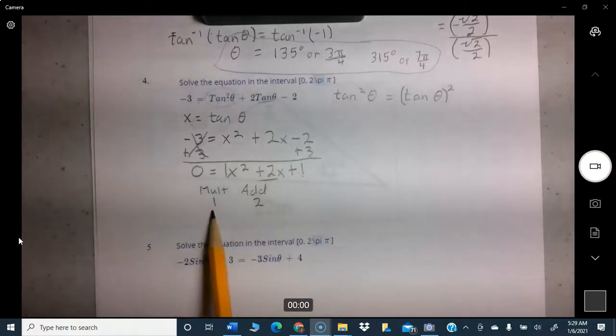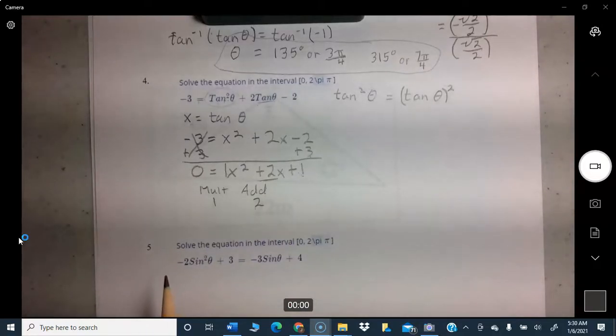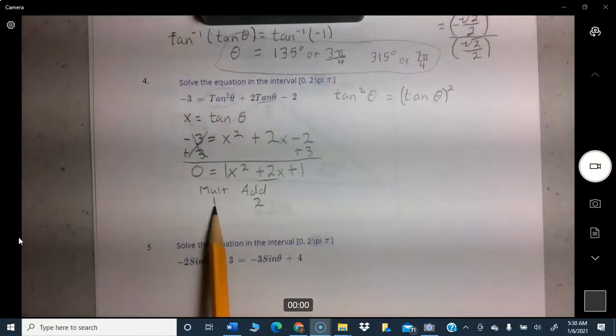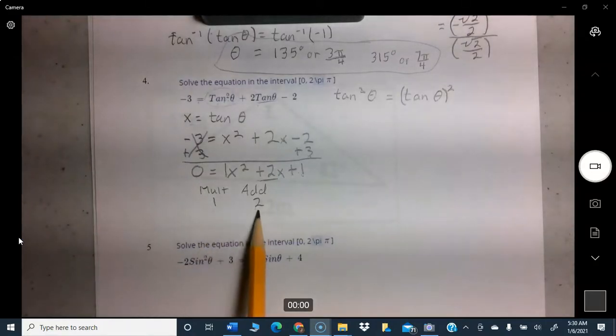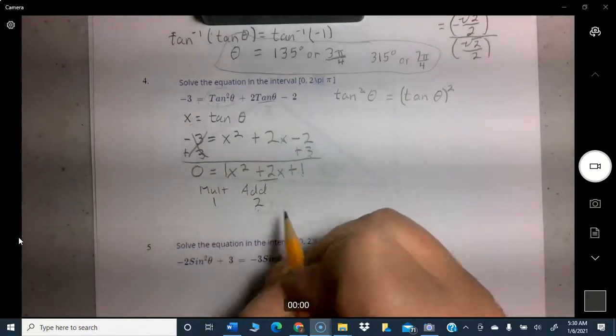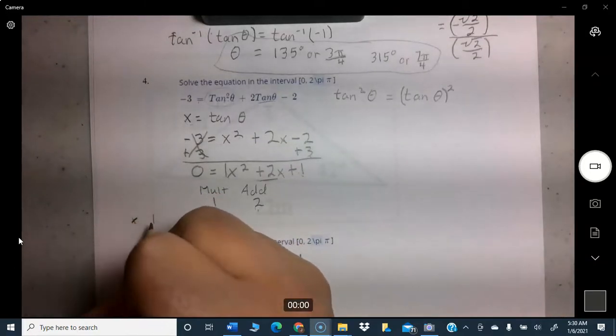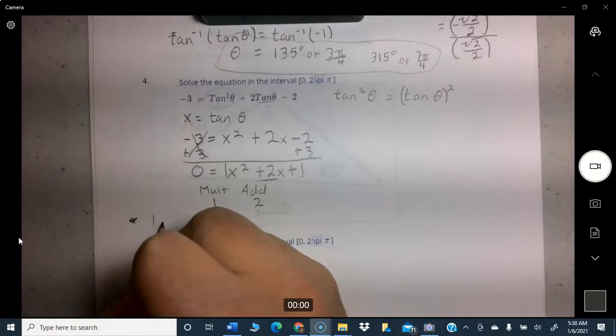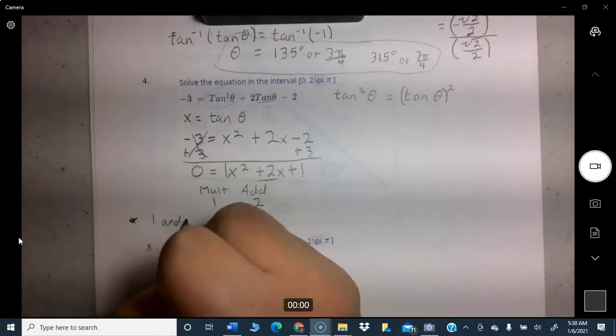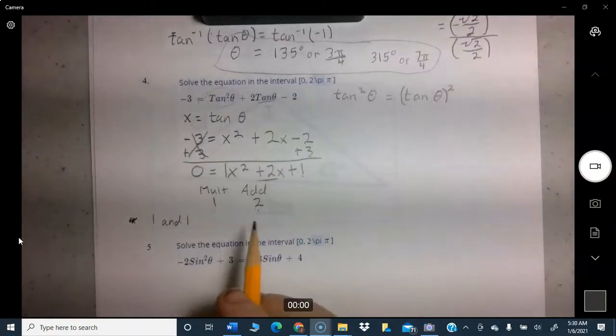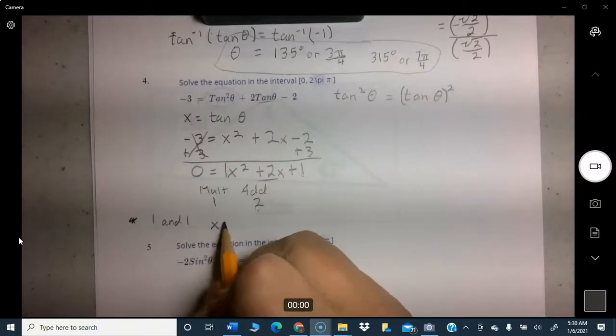Okay, so what two numbers multiply to 1 and add to 2? I think you can all see that one really quickly. It's going to be 1 and 1. So 1 times 1 multiplies to 1, and 1 plus 1 adds to 2. So that means our numbers are 1 and 1. So that means our factor is x plus 1